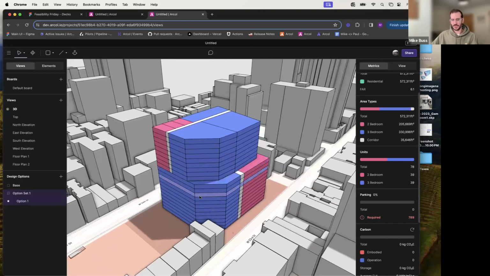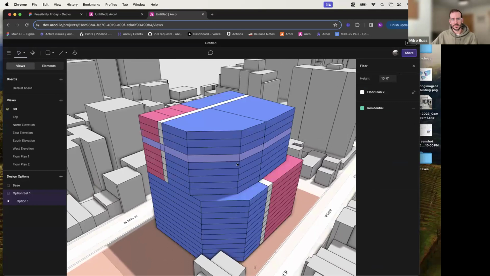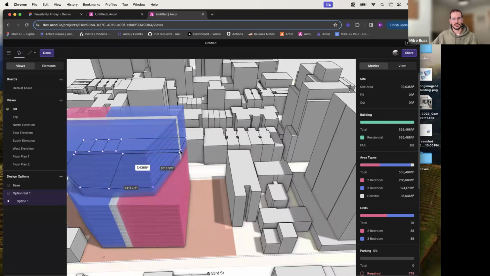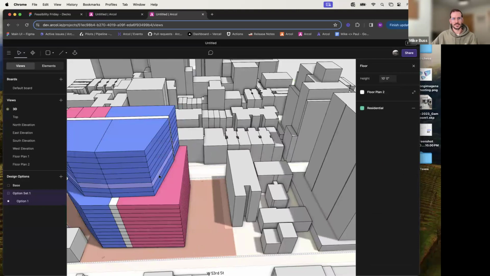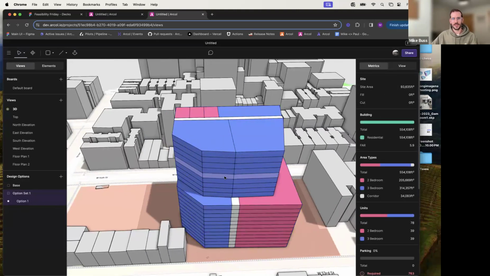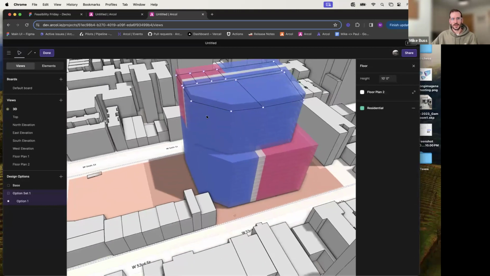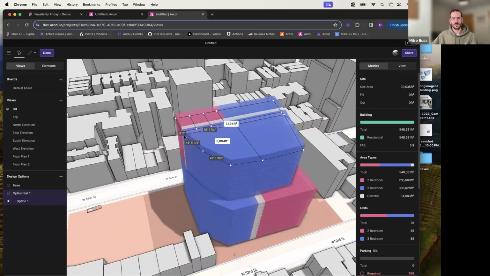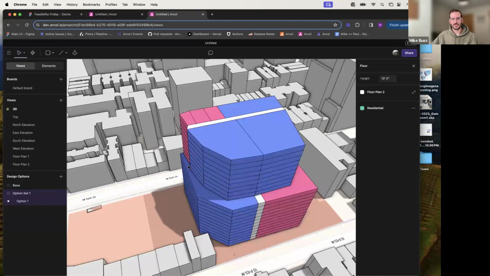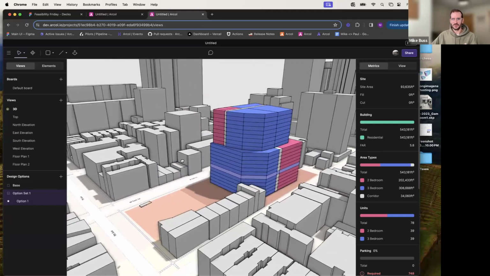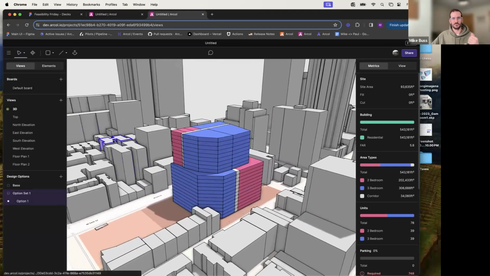So, okay, I've got something, let's make it just a little bit nicer looking. Let's scooch this in over here and then move the whole mass because it's kind of hanging off the end here. Okay. Scooch this over. All right, now we have more of a proper setback. Obviously, I'm kind of flying through this. You'd be a lot more careful, but now we have a decent-ish looking building, and I'm ready for my